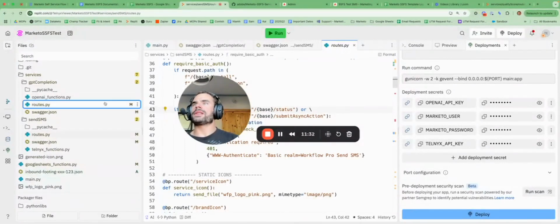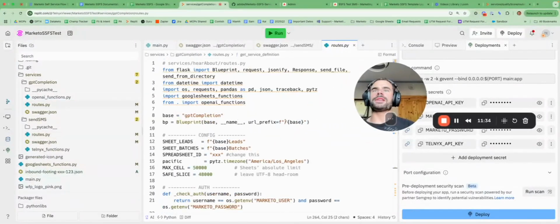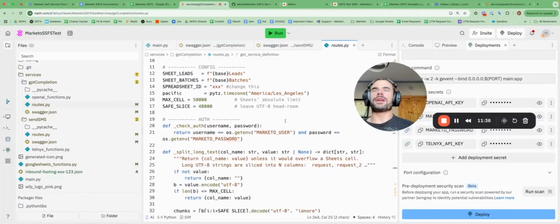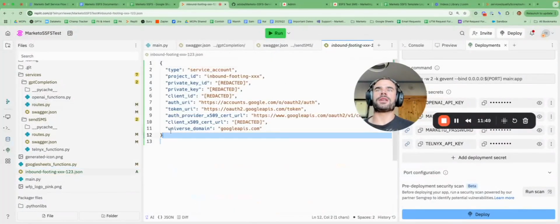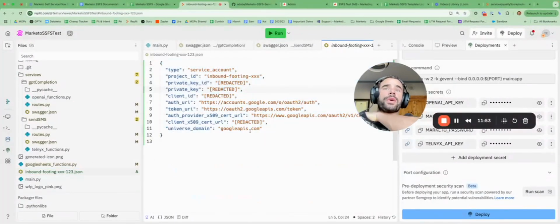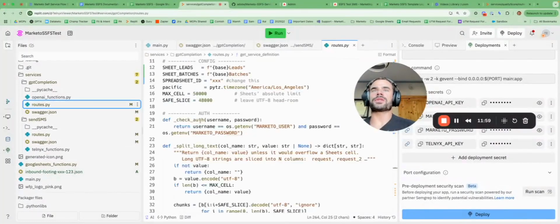Now I'll show you what needs to be updated in these files before we deploy. Because I want to show you the logging and how that works, and show you that these things are working properly, I'm going to update the inbound footing JSON. This is currently just a dummy file. I've redacted all the key information, but I'm going to update this with the real stuff so it actually works. And I'm going to update all these Routes.py